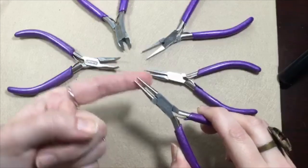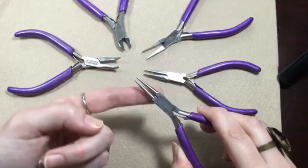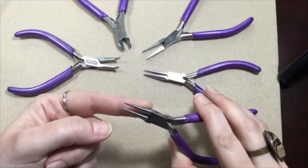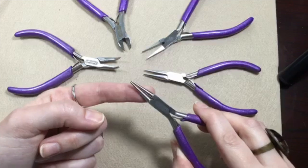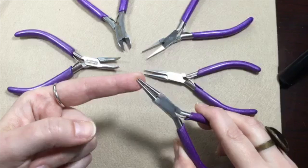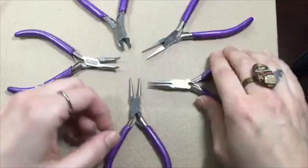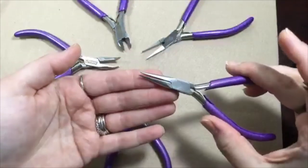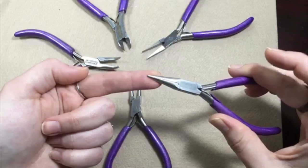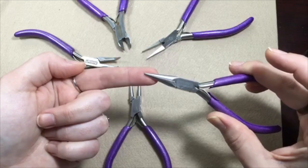You've got a nice large mandrel section here so you can make a lot of different sizes of loops. I think the biggest loop you can make on here is probably a 5mm if I had to guess. Not quite a 6, but I will trade the 6mm for the tiny, tiny little loop that I can get at the bottom any day, okay? So you get the round nose pliers. You're also going to get the chain nose pliers. And again, look how tiny that tip is on that. That's really, really important to me because you can get pliers that,